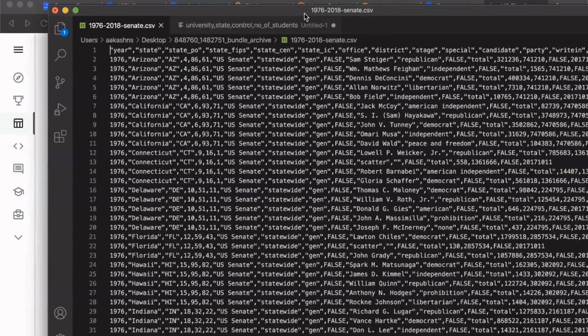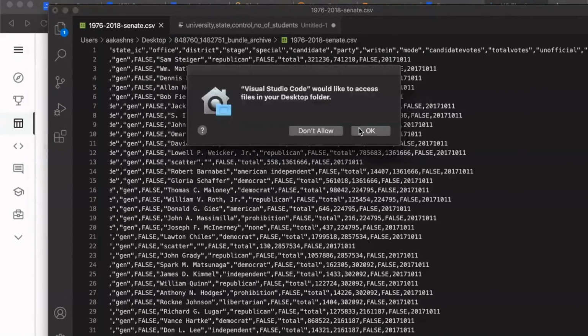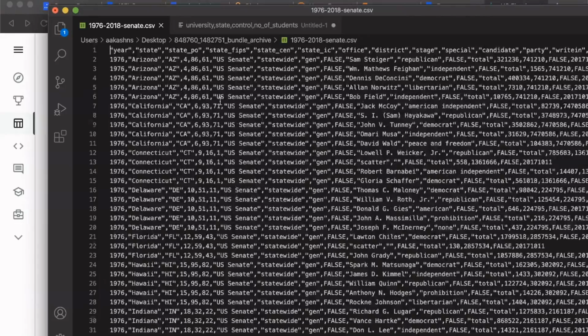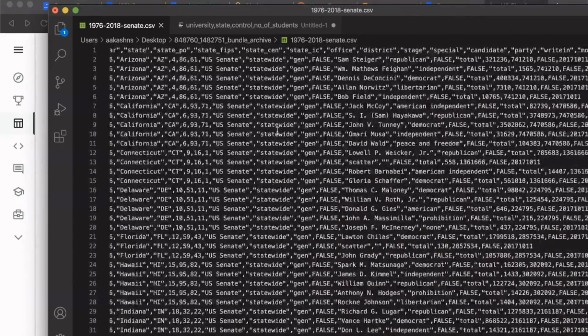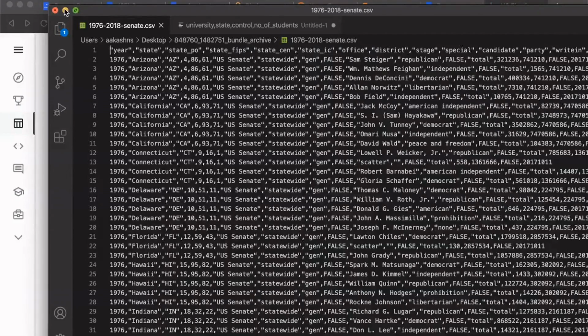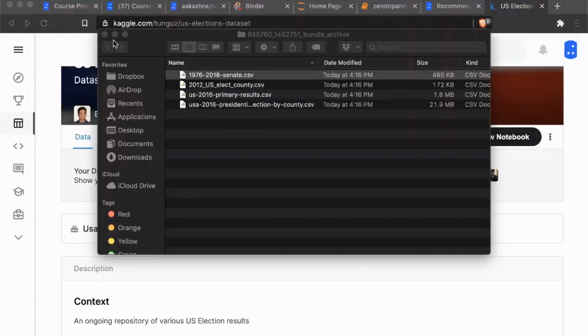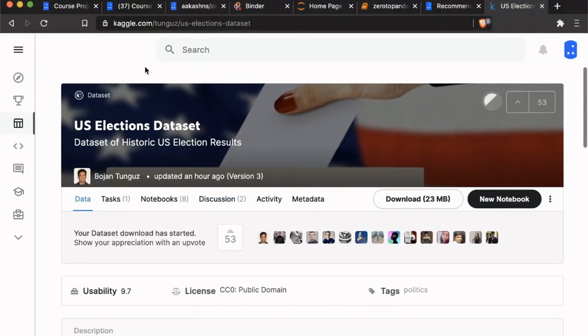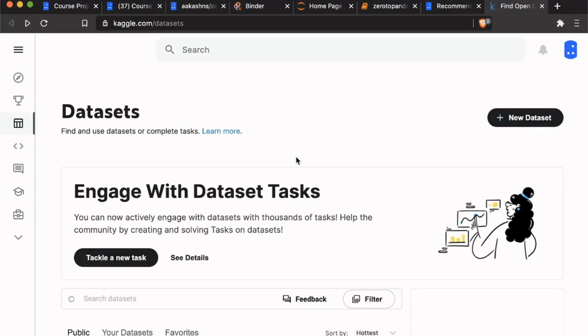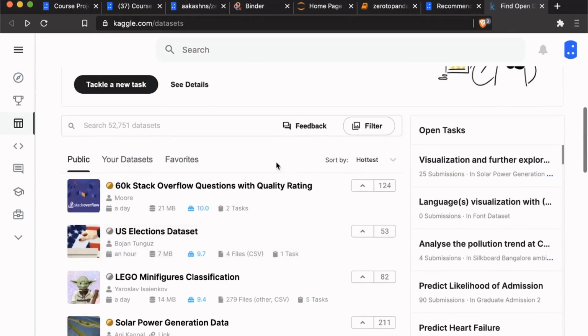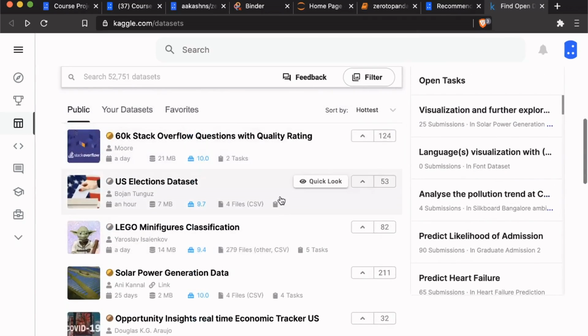You can see that this data is in CSV format, and in the CSV format, you can now read it using pandas, and you can start doing your analysis. So that's one example, the US elections dataset, and there are lots more that you can look through here. You can also filter. There are a lot of filters that you can use for these datasets.